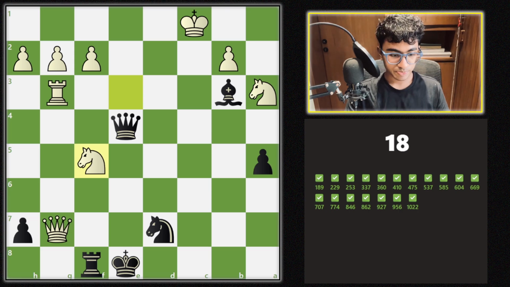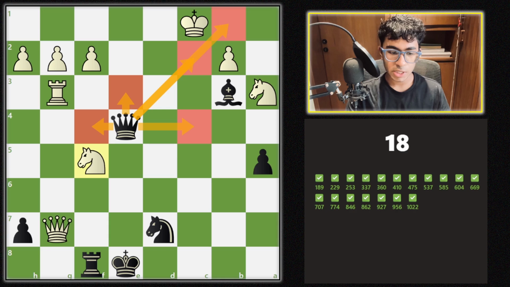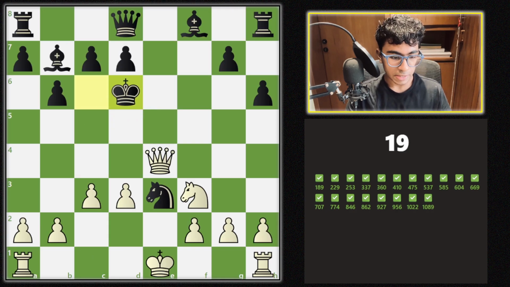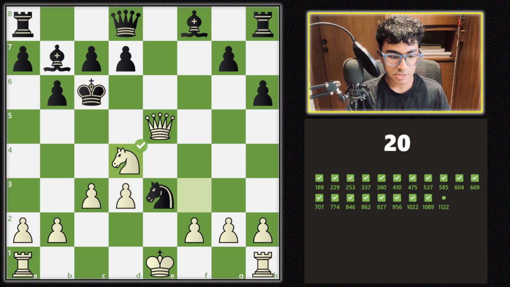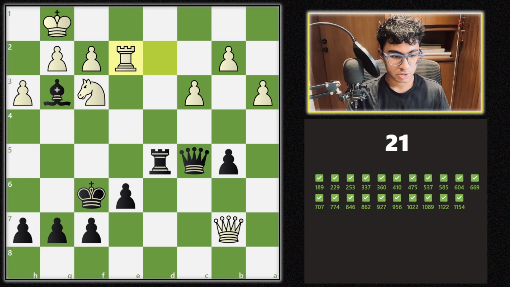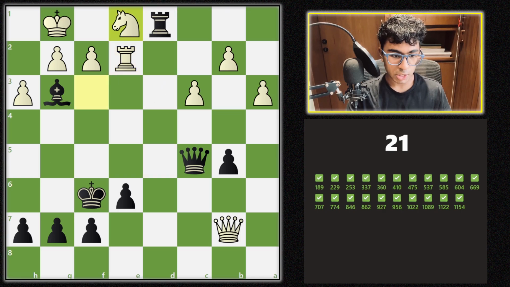And here once again, black is having tons of options, starting with checks, but the most obvious option is this mate. Now we have a mate like this, we have a mate like this, which can also occur through fool's mate. And now, okay, yeah, we have this very interesting position, and we can start with this first check, and then